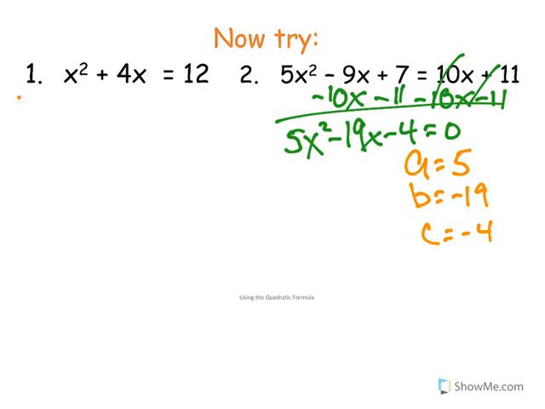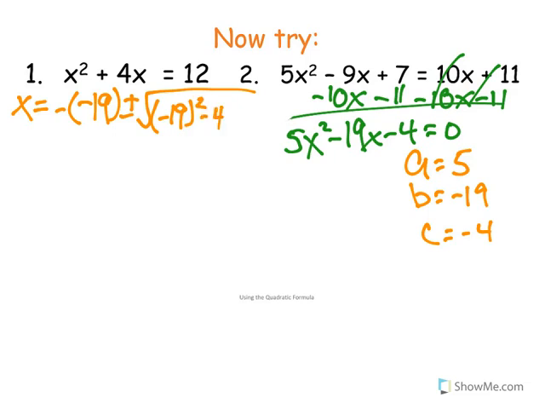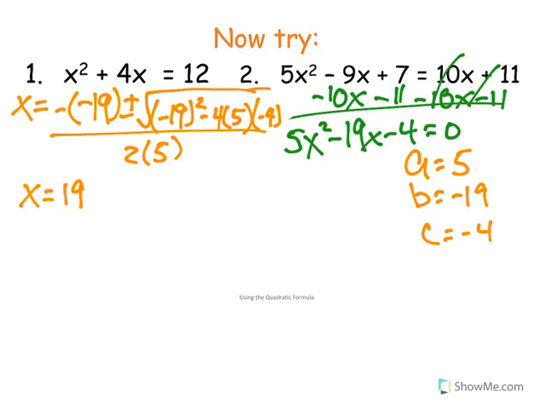So now when we go to quadratic formula, we get x is equal to negative 19 plus or minus the square root of b, which is negative 19 squared. Take this down a little bit. Minus 4 times a, which is 5, times c, which is negative 4. And that whole thing's going to be divided by 2 times a, which is 5. We'll eventually get 10. So I've got negative 19, which is 19, plus minus square root of negative 19 squared,